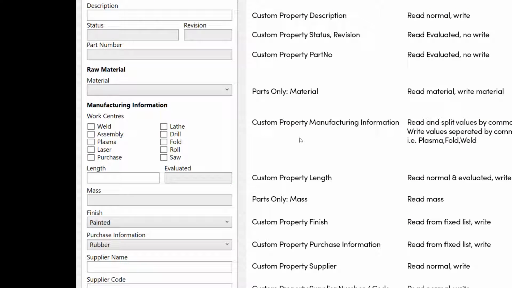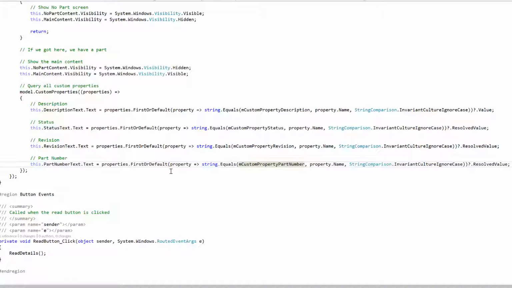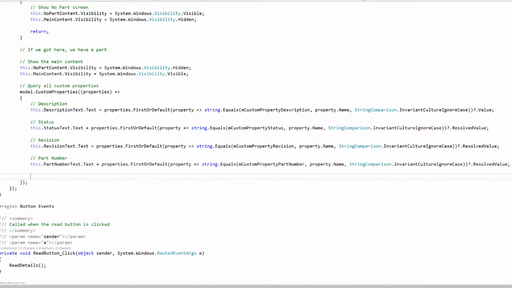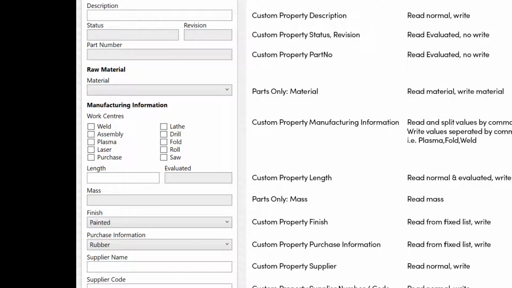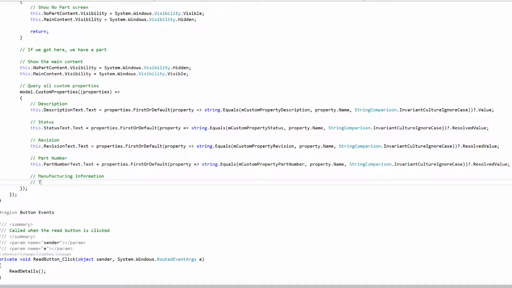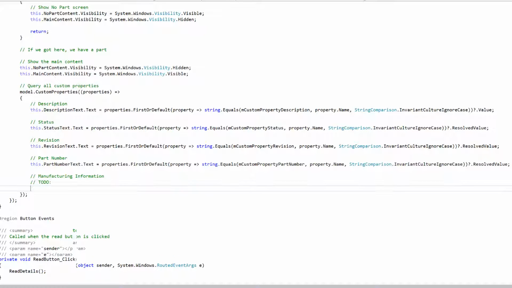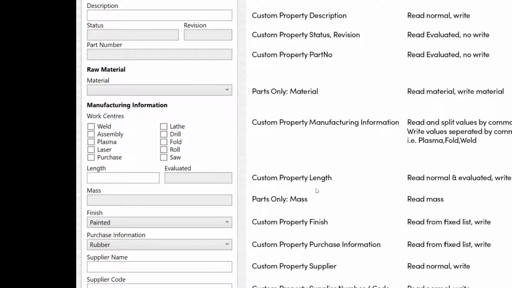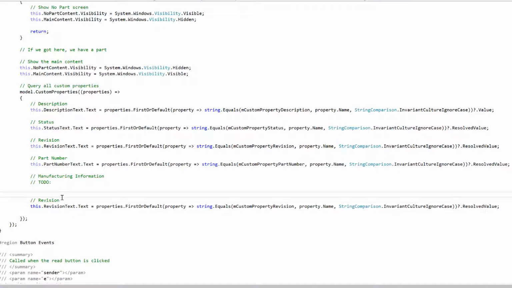Resolve value. The material we'll come to in a minute. Custom properties manufacturing info we'll do last, just because that's a bit more complicated. So we'll put a note here of manufacturing info, but we'll come back to that. The mass and the length, we want to do both the value and the evaluated, so the normal and the evaluated. So paste in here